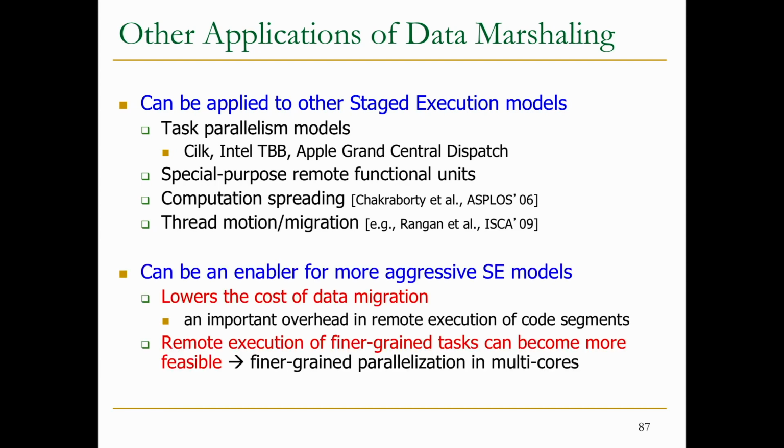Okay. And also, it can be an enabler for more aggressive stage execution, right? Because now you're lowering the cost of data migration. And whenever you do remote execution of a code segment, you need to migrate data, no question about that. And as you go finer and finer grained, these become a bigger and bigger bottleneck. Because now you have finer grained tasks, and they become more feasible, because now you can enable more finer grained